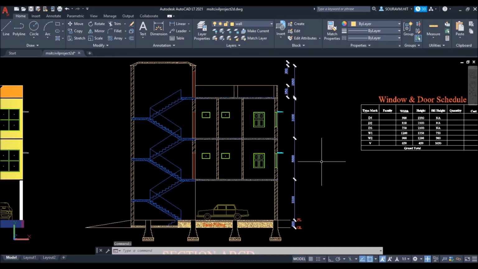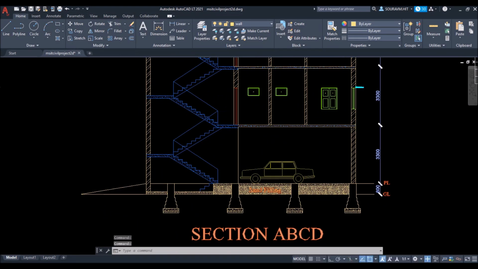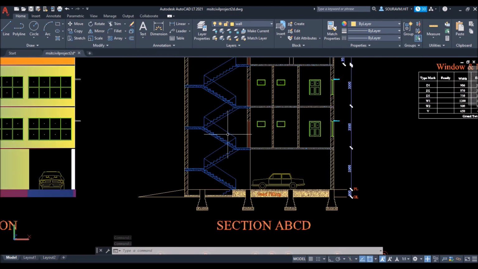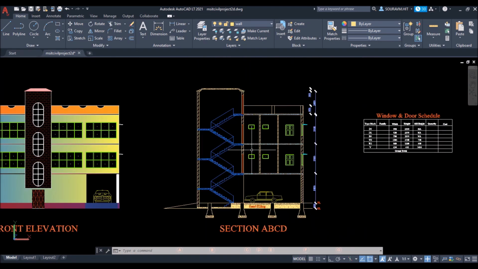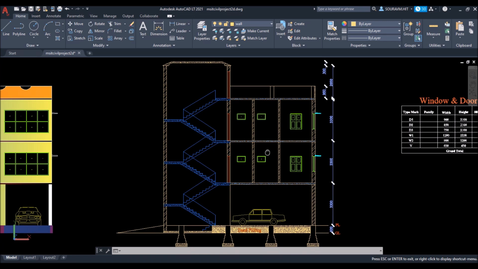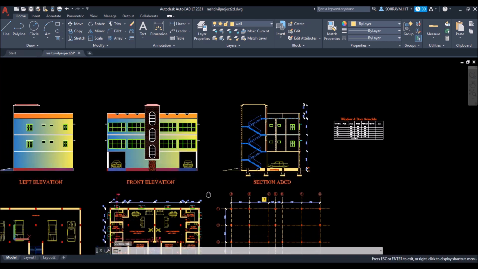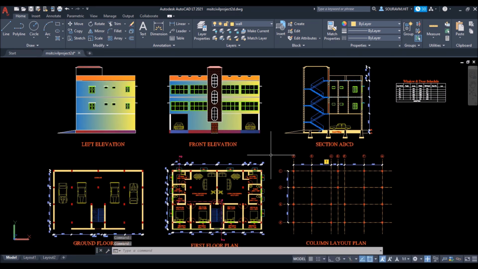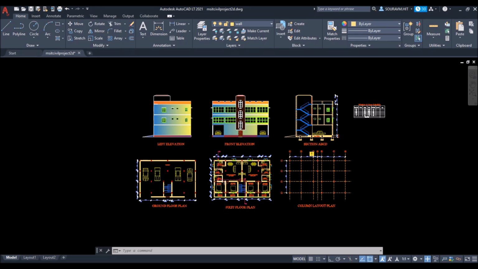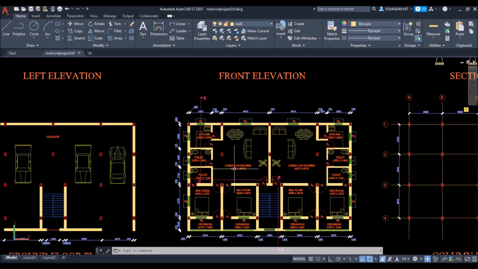This is Jitavu. Today in this AutoCAD tutorial for civil engineering as well as for AutoCAD architecture students, we will learn how we can draw section in AutoCAD, rather how to draw a building section in AutoCAD. And I am using AutoCAD LT software for this. Here you can see AutoCAD LT 2021 version. You can use AutoCAD or AutoCAD LT, whichever you feel like.